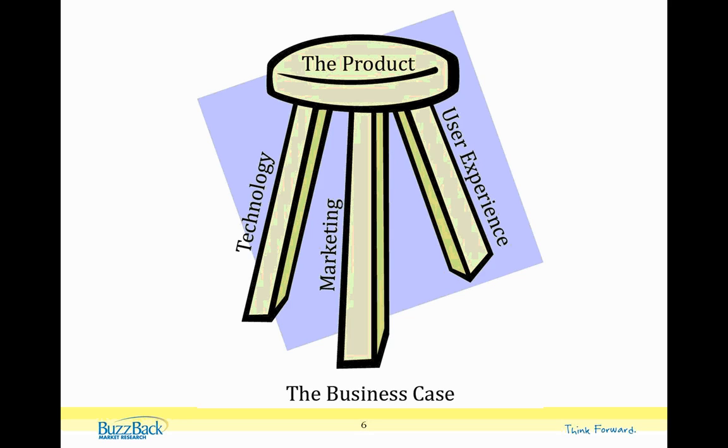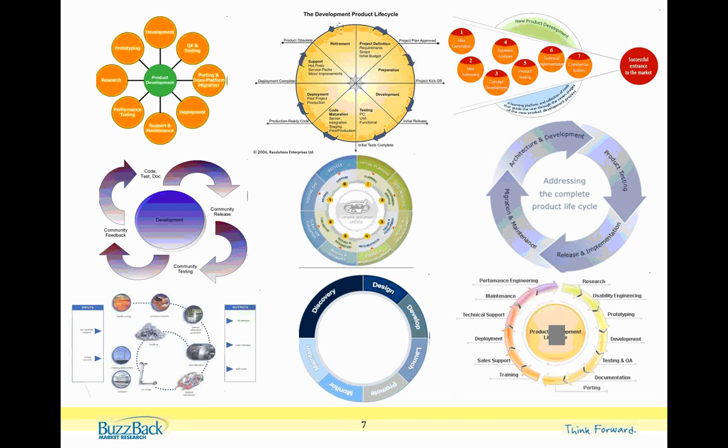Now, naming obviously takes place during the product development cycle. And when I was looking for a fancy graphic to show for a product development cycle, I found what has to be the absolute most simplistic notion of product life cycle. And God bless you if this is your image, that it can be this simple for you. Most likely it looks like one of these highly cyclical life cycle images. And they're very complex and they enter many different stages and are often iterative,